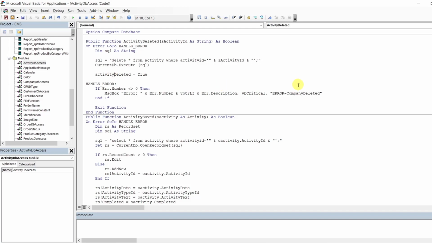It should be the same. Because if you notice, what I did here, I went into the company DB access and copied all three functions. And what I've done here is replace the object, the table name. That's all. And you would have to do the same thing. For instance,